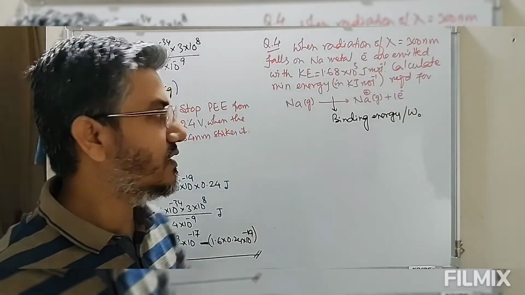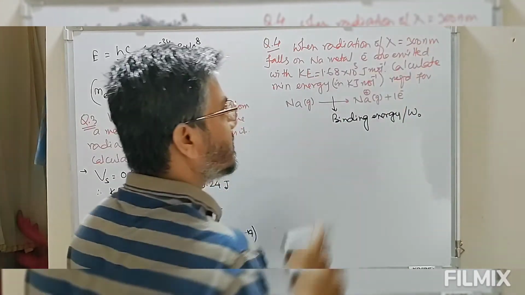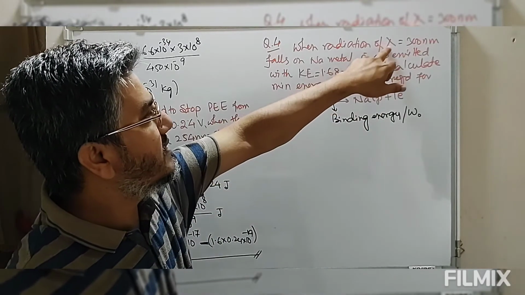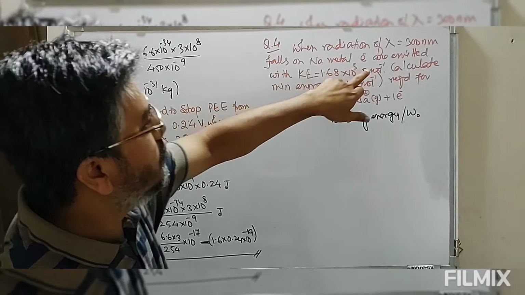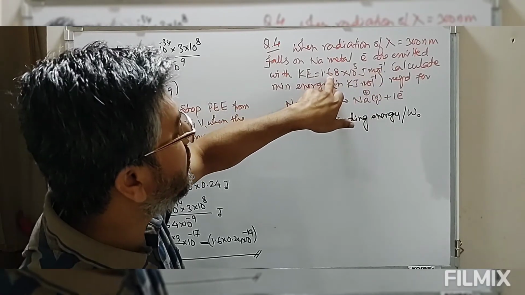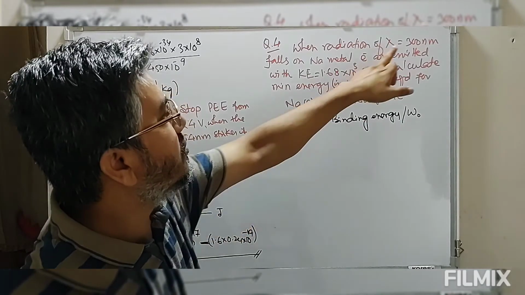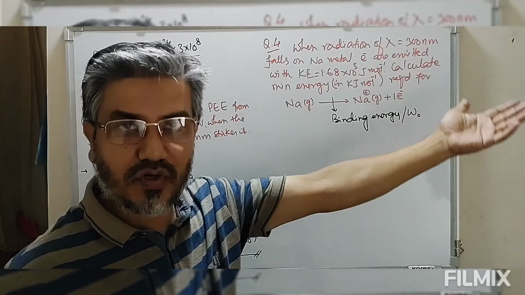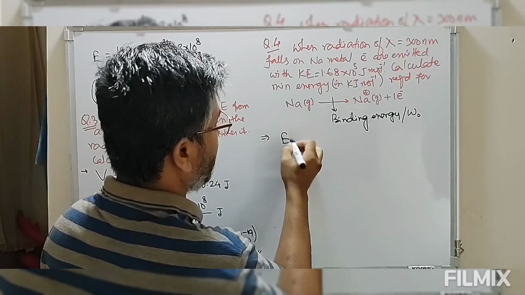So kinetic energy is given, frequency of incident photon is given, but one thing we have to keep in mind is that this is the energy corresponding to one photon, but kinetic energy is given for 1 mole, the energy required for ejection of 1 mole of electrons. Here we get the energy of a single photon, so we have to convert it into mole energy. So now look at this, the energy of a single photon